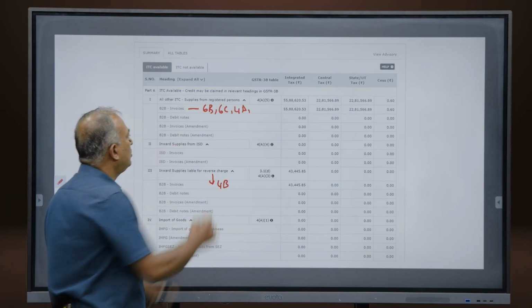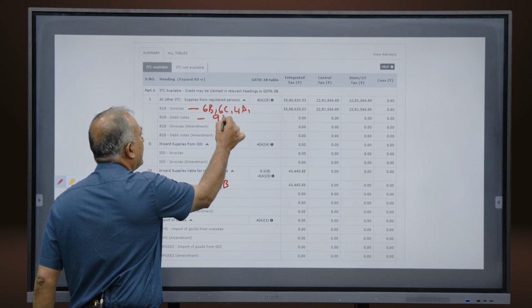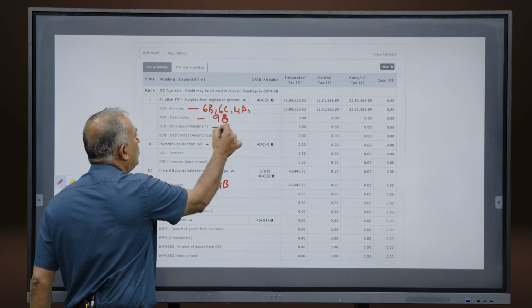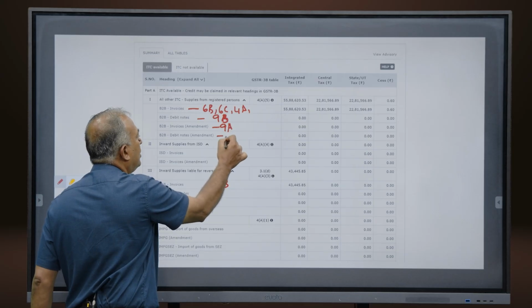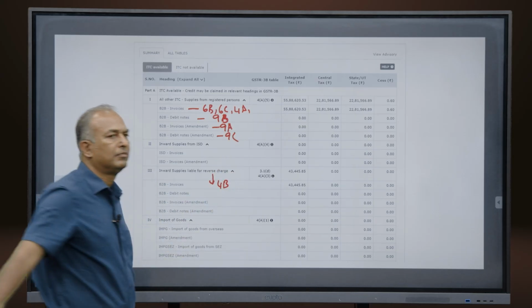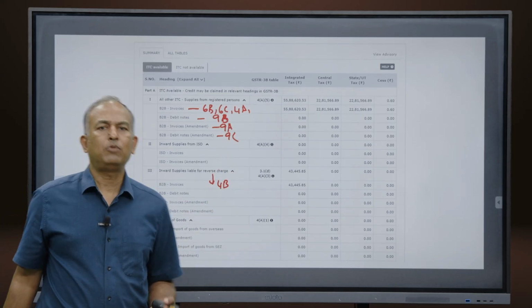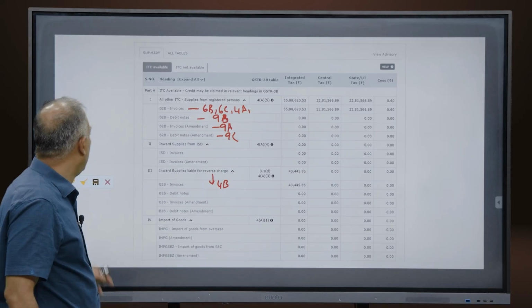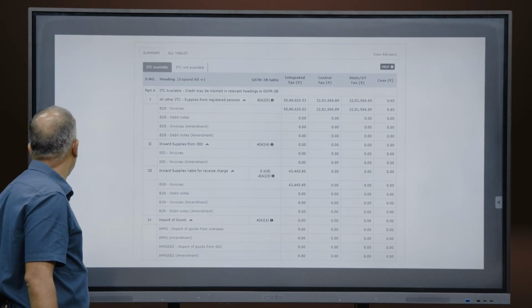Now, debit notes, table 9A. Debit notes, 9B. Amendment to invoices, 9A. Amendment to debit note, credit note, 9C. So this is how it auto-populates into the respective tables. We'll just conclude this with